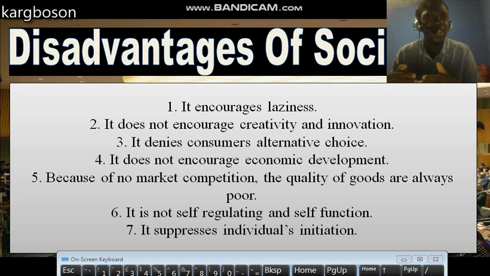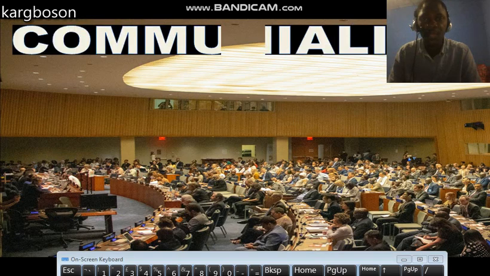But in a situation where it is being stifled by the government, then there is a huge problem for citizens to develop creativity and innovations. And of course, there is a huge amount of laziness, because capitalism is not promising to provide everything for the citizens, but socialism is making a promise that we want to provide for the citizens, and therefore it encourages laziness on the part of the people, because they now depend on the state for the means of production of goods and services. So these are some of the problems associated with socialism. Then we look at